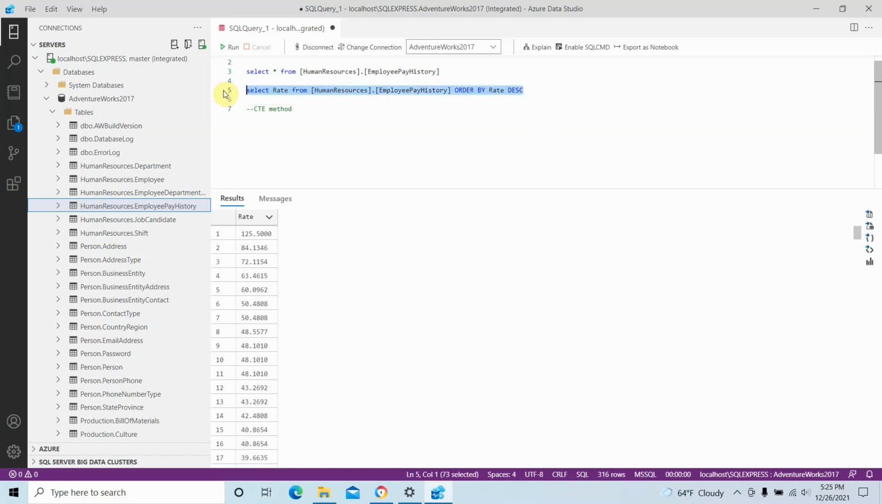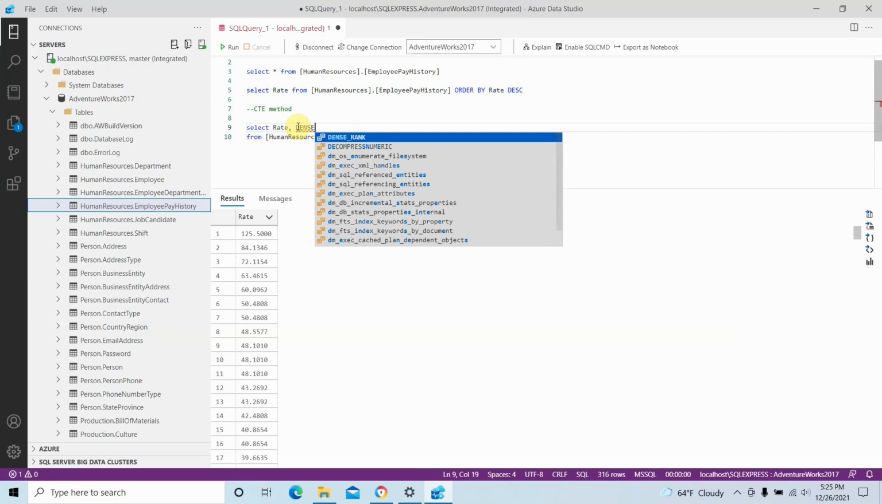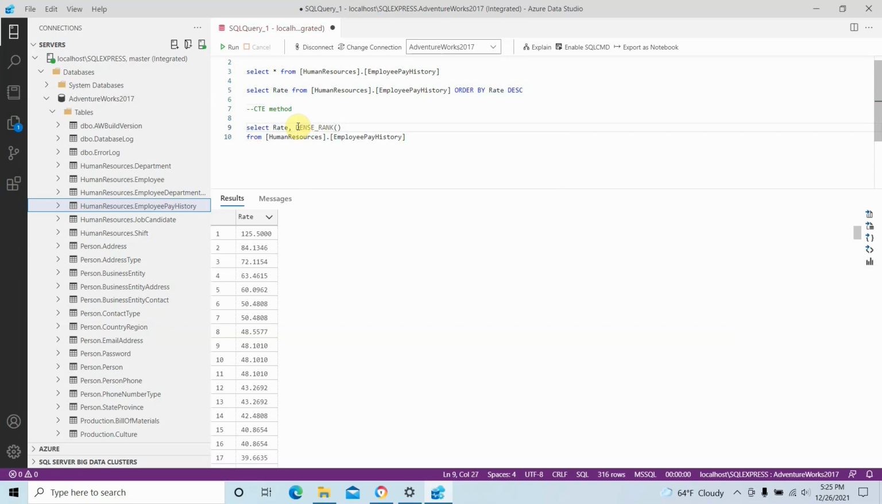So what I'll do here is just copy this. And here I'm going to use this function called dense rank. I'll show you now what is the advantage of having the dense rank function here in this CTE method. So this is the syntax. It will be over a particular result set. We are going to apply the dense rank function over a result set. So the result set we are going to apply it to is